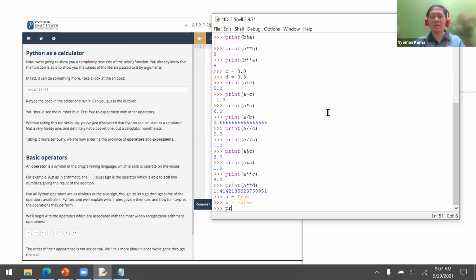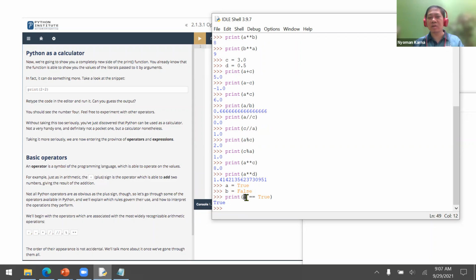Now print is A equal to true. If I print this out, it will give true. Why? Because A is really true and true is equal to true.